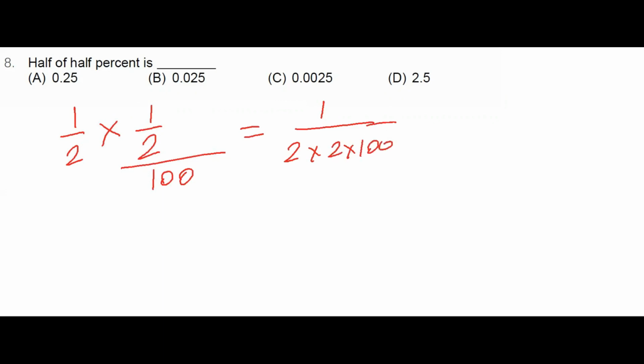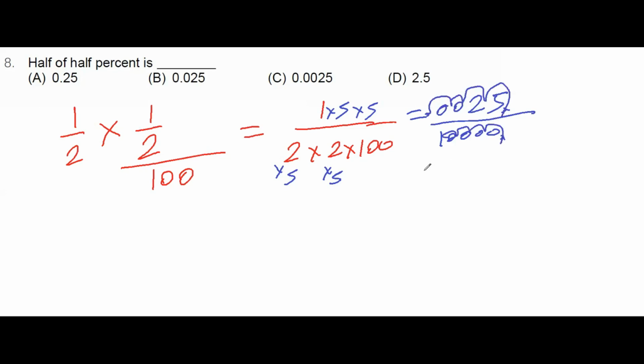Okay, I am going to multiply by 5, multiply by 5, again multiply by 5, and again multiply by 5. I will get 5 5 are 25 divided by, this is 10, this is 10. So 10 into 10, 100. 100 into 100 is 10,000. So decimal point is here 1 2 3 4. Decimal point is here 1 2 3 4. So my answer will be 0.0025. This will be my answer. Got it?